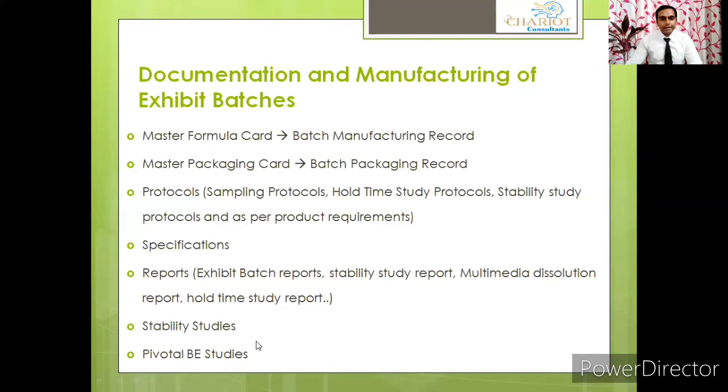Generally, in pilot bioequivalence, the number of volunteers, the healthy volunteers, is on the lesser side, and based on your data generated in pilot BE, the biostatistician will tell you that if you take this number of volunteers, your chances of passing the bioequivalence will be high. So generally, in pivotal BE studies, we usually take a larger number of subjects depending on the data that you have received in pilot BE.